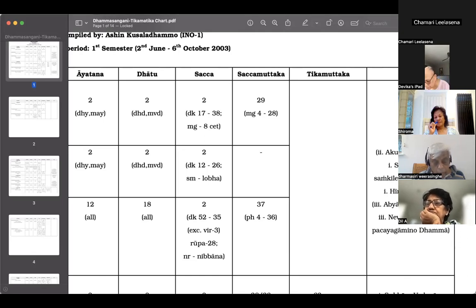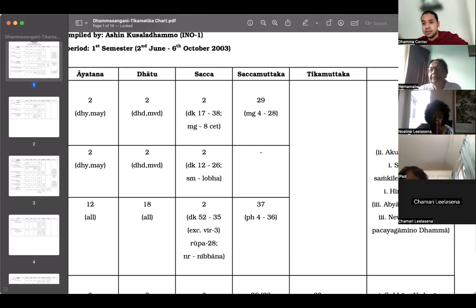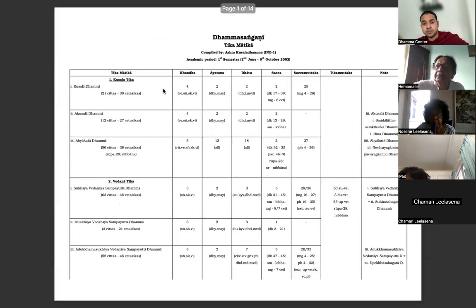Okay. Sorry. So that is a given. Anyone else? Bante, can I speak? Yes, go ahead. The dukkha satya belongs to the mundane world. So that is why we remove the 4 phala chittas, because that's supramundane. Okay.